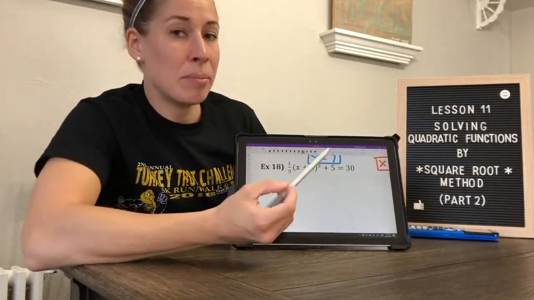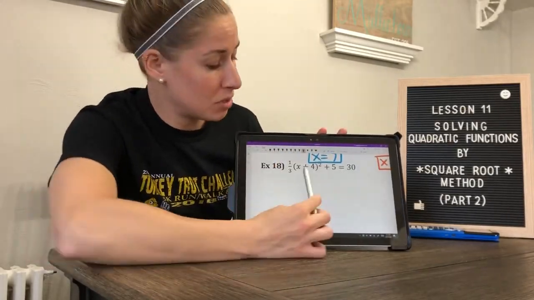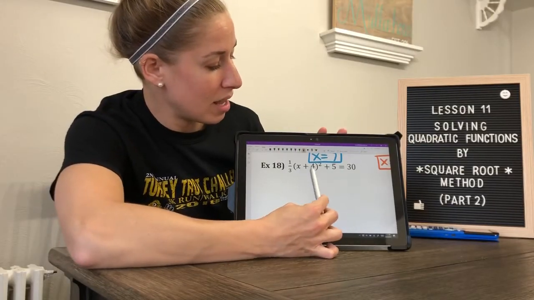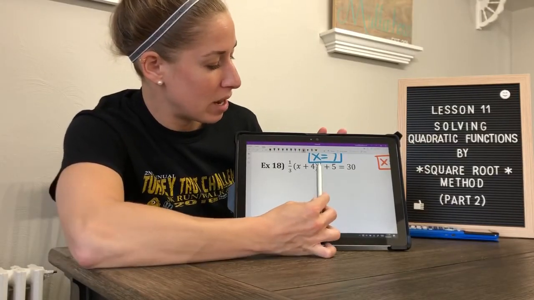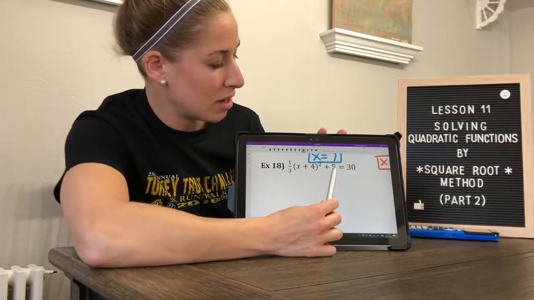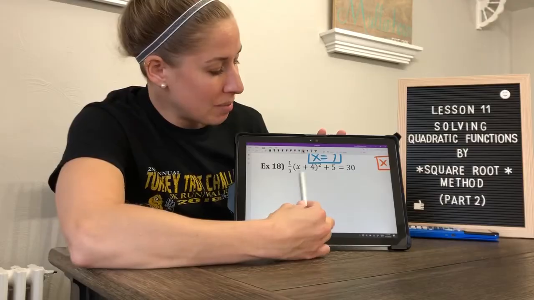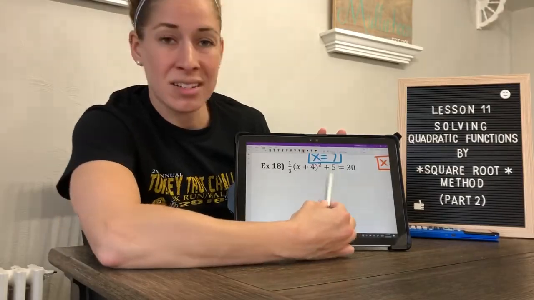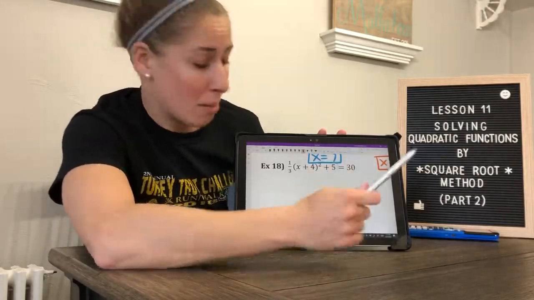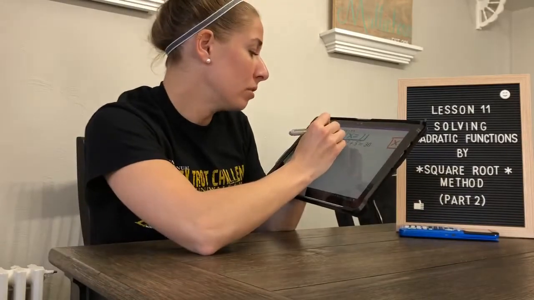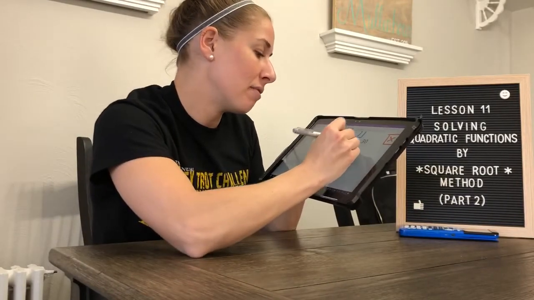But again, we're trying to get the part that's squared isolated. So the thing that's squared is the x plus 4. That whole quantity is being squared. Then it's being multiplied by 1/3, and then you're adding 5 to get 30. So working backwards, this whole first term has a squared part in it, so get rid of the one that has nothing to do with it. Move to the other side. So if you subtract 5 from both sides,